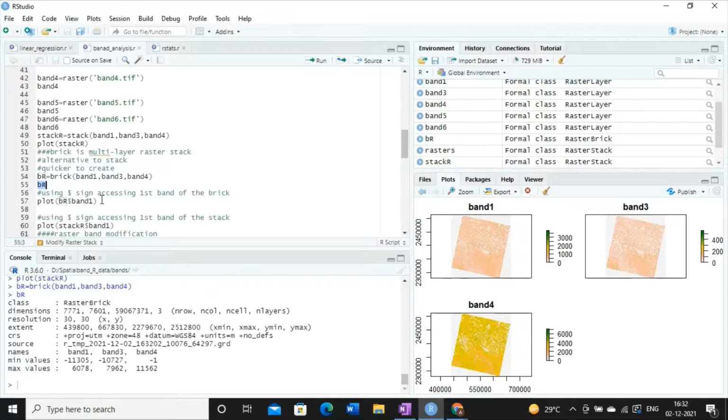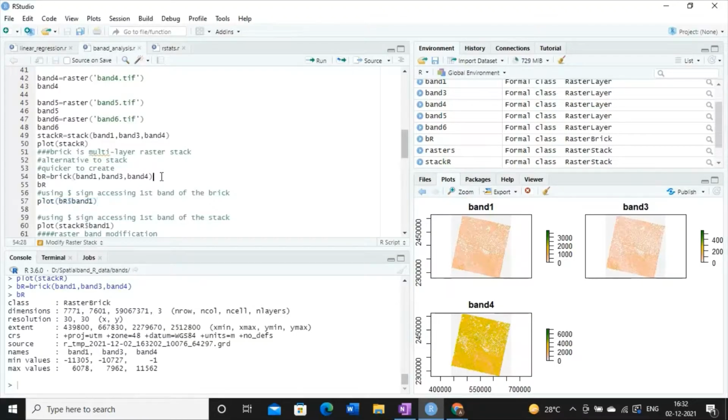Now see, I'm using here one particular function. Here I have written plot br, then dollar sign, then band 1. Now here you have to understand one point. By writing this code, we can access individual bands from a stack.